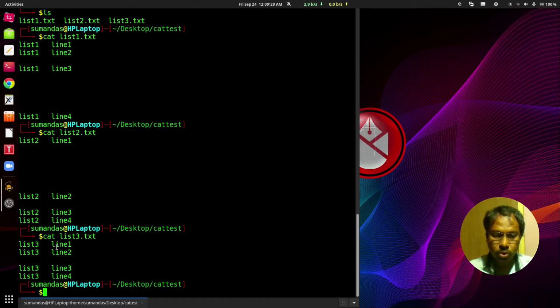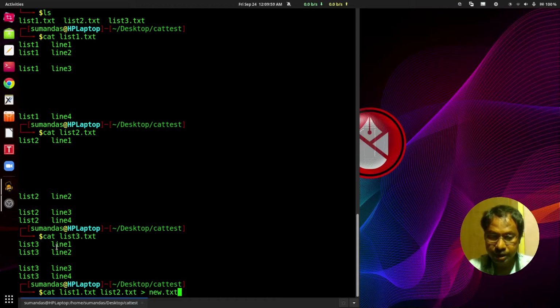Now suppose we want to concatenate the content of two or more files into a new file, and for that we can use the cat command. So at first cat, then the first file name list1.txt, then list2.txt, and then the angle bracket, and then new.txt.